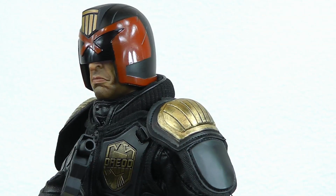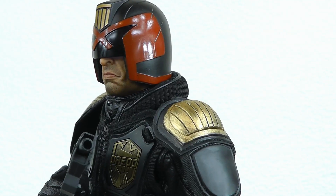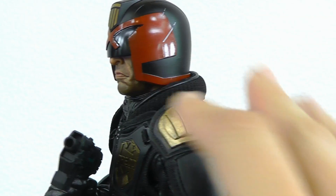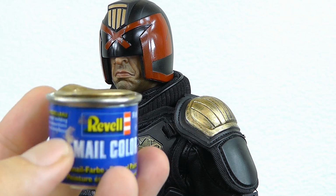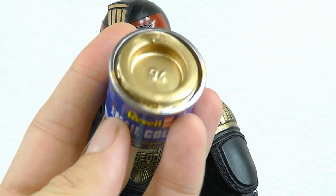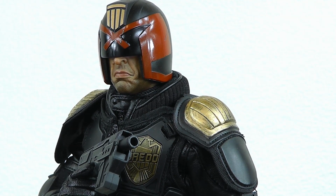So Nanny recommended using oil paint or enamel paint to do a dry brush on these parts. Basically that's what I did. In the local model kit shop I got this Rebel ML color. It works quite well, so you just have to use a bit of gold color and then dry brush it